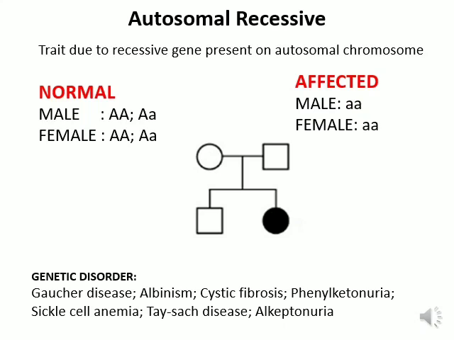In autosomal recessive, it is found that both male and female will be affected in equal proportion. Though it is showing that only the female is affected, both male and female can be affected. So these are a few of the genetic disorders which are due to autosomal recessive, like phenylketonuria, cystic fibrosis, alkaptonuria, sickle cell anemia. In the next slide we will learn what is X-linked dominant disorder.